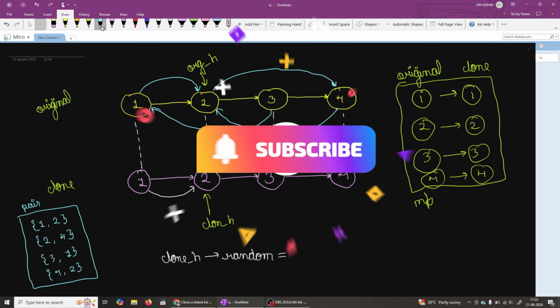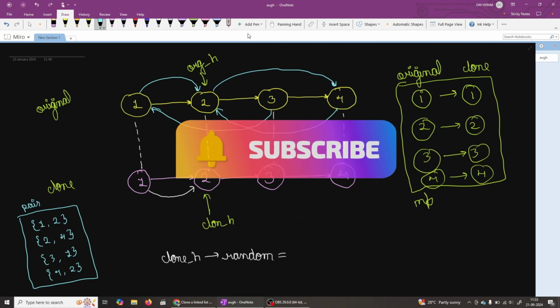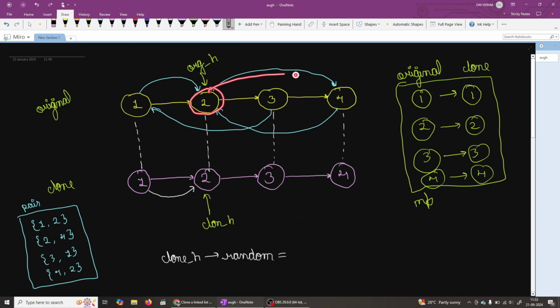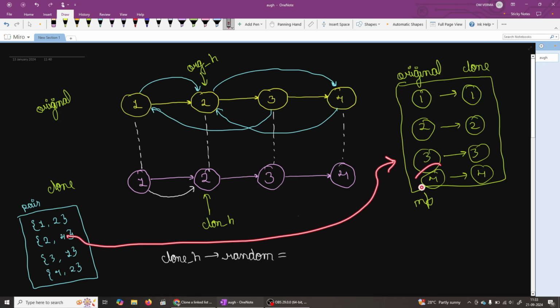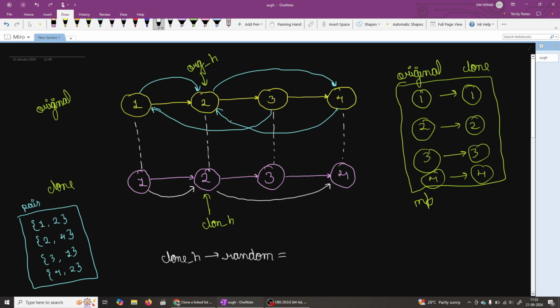Now our original head is pointing to 2. Now I want the original 2's random pointer, which is pointing towards 4. You can see original 2's random pointer is pointing towards 4. I want the current clone head's random pointer to be pointing towards 4, but I don't want to traverse. So how are we going to do this? 2's random pointer is 4. We give this 4 to the map, take the clone corresponding to this 4, and point towards 4. Now let's move this,